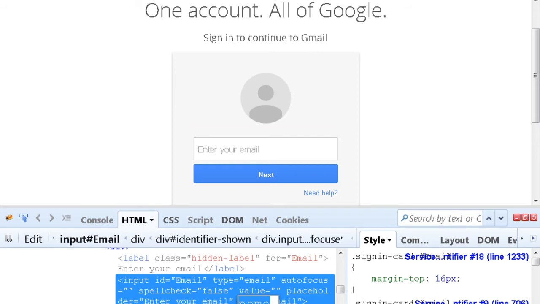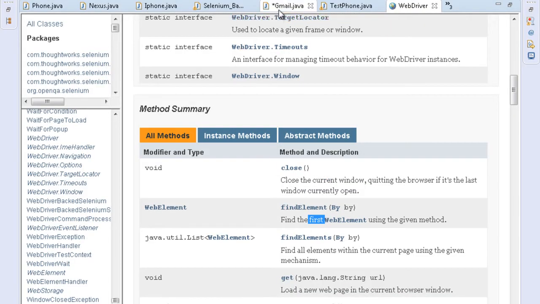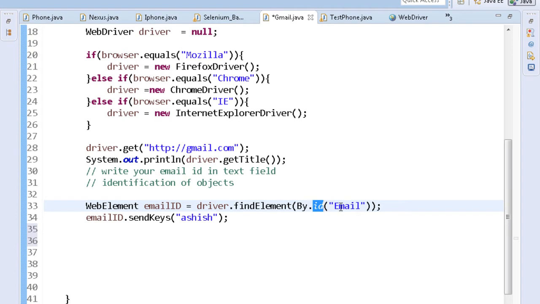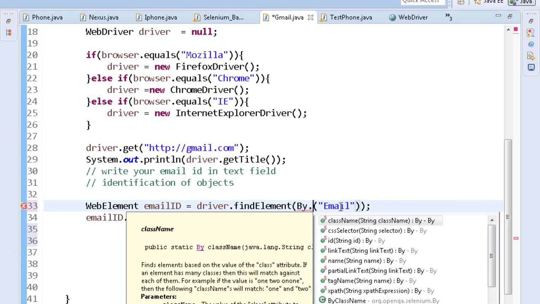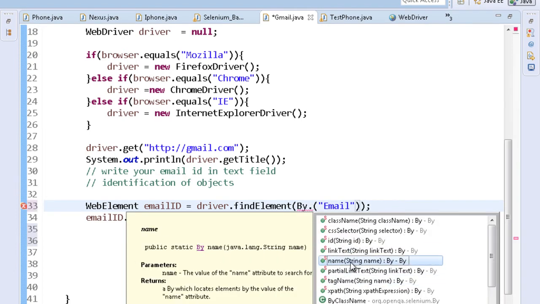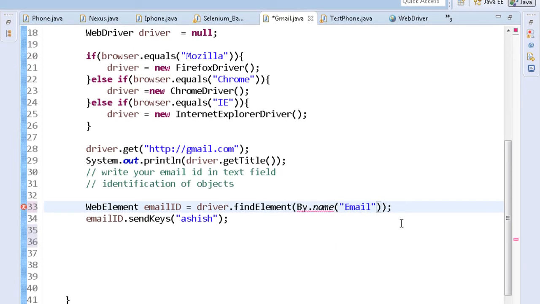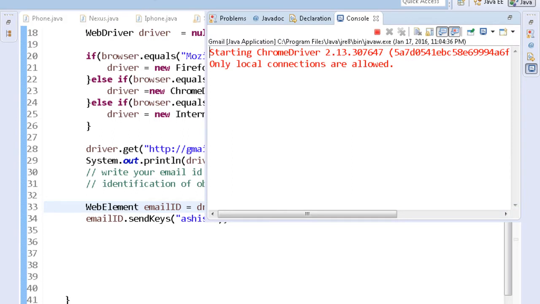Okay, so name is also unique generally. So you can write in the code over here, instead of by ID, you can also write by name. See that name is also one of the locators. You can identify it by the name. And when you run it,